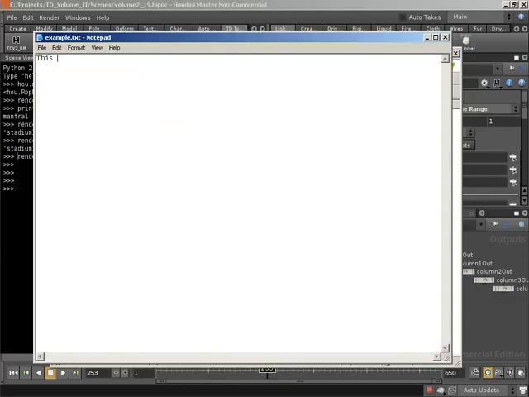So I'm going to say this is line number 1, and let's put an empty line in there, and then let's say line 3. This is some text. This is in a file. Another line, just some random text, and then final line. And if we save this, we can now load this file in, and we can run through this file line